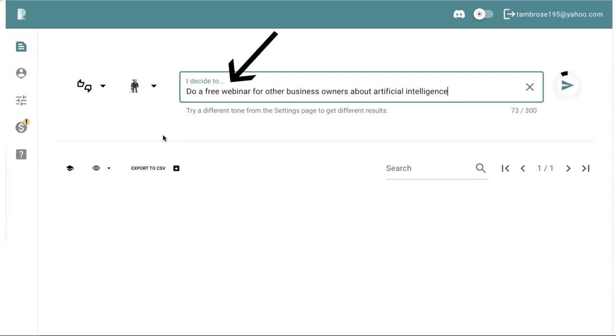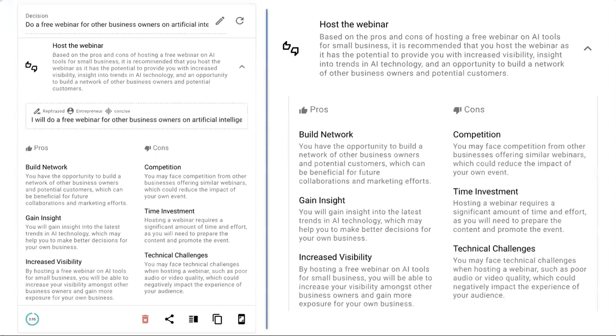ironically, I thought, okay, I need to figure out, let me think of an example. And that popped into my head because I just had that phone call. And I think it's ironic that I'm using it in my presentation, actually. But so I ask it that. And so now it pops up. And this time there's no gavel at the bottom because the AI has decided it knows. And it's telling me, host the webinar.